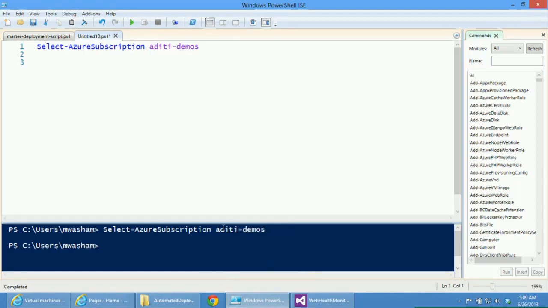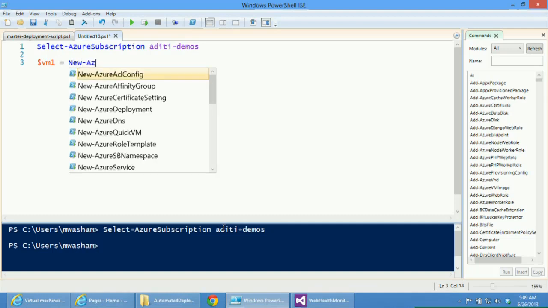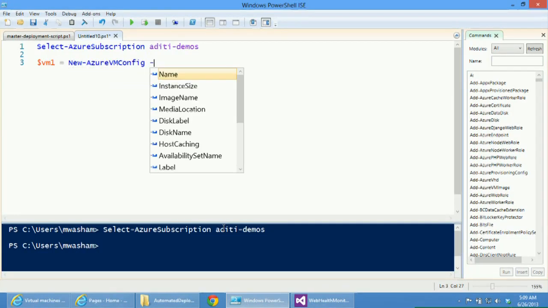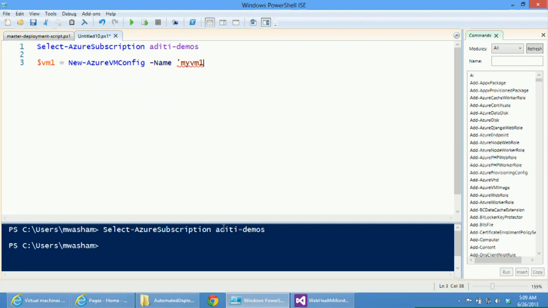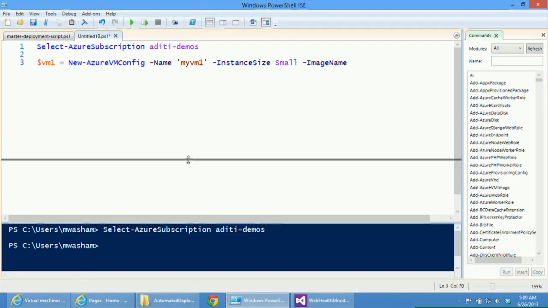So from the PowerShell command line, I can create a new Azure VM config object, which has my name, which is my VM1, the instance size, just exactly what you saw in the portal, small, and it wants the image name. So we picked the R2 preview image before out of the portal. We had a nice little drop down. Here you don't have a drop down, so what you need to do to get that image name is call